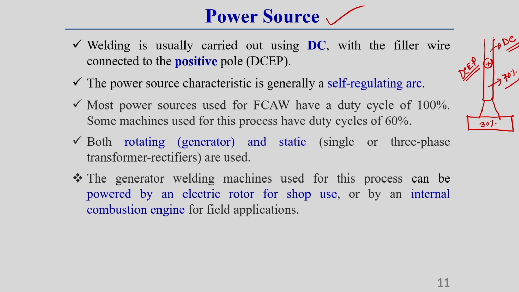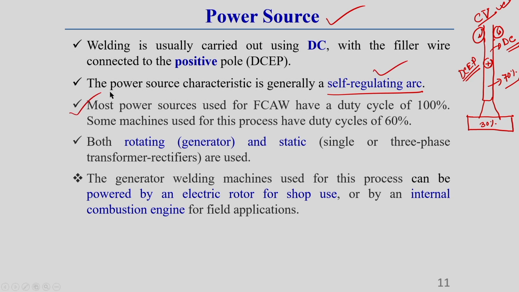And as this is a continuous feeding system of the electrode, that is why we generally use constant voltage characteristics of arc. What I am telling, understand? So, constant voltage power source characteristics, what does it mean? Constant voltage power source characteristics use a self-regulating arc. Self-regulating arc means it can automatically adjust for arc fluctuation. That is why it is called a constant voltage power source characteristic. This I have discussed in my previous course, Fundamental of Welding Science and Technology. There you can get more detail about this self-regulating arc characteristic.